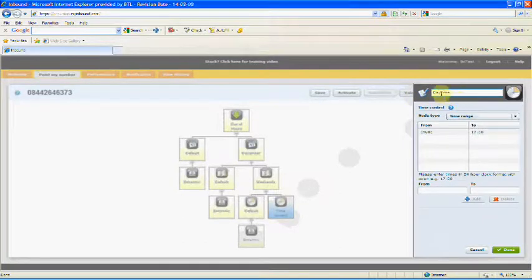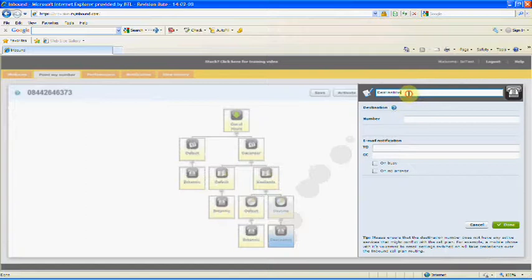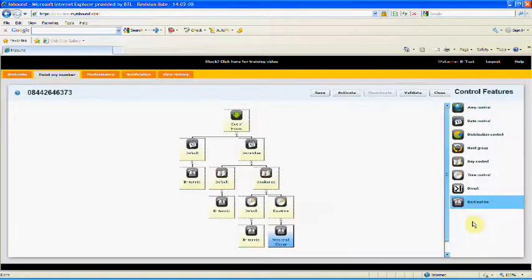As always, we can rename the node. Now in here, I want to put a different destination. So I give it a name, I input a number, and I click Done. So on this routing plan, any calls that come in December on a weekend between 9